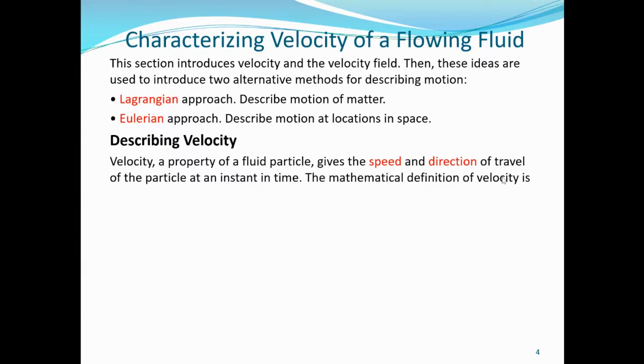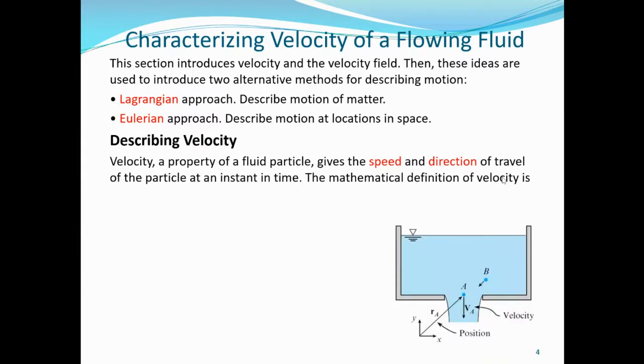So velocity is a property of a fluid particle, which gives the speed and direction of travel of the particle at an instant in time. Meaning it is an instantaneous value. So it's the distance traveled per time. And the mathematical definition of velocity is